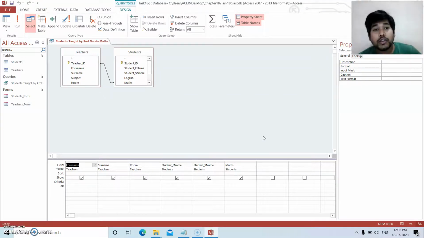Now you can see there are two tables. In 18G we had already made a relationship, if you remember, right? So you can see teacher ID is related to maths. Because of this relationship, I was supposed to take the maths column. But in the result, I do not have to show the maths column, right?